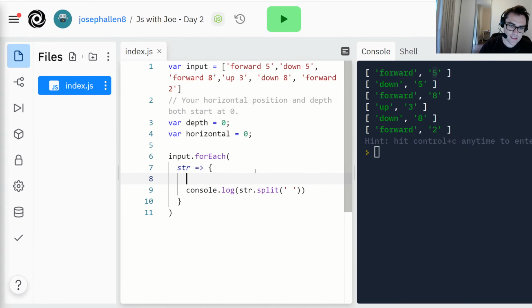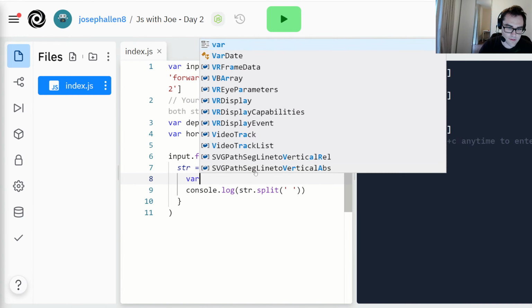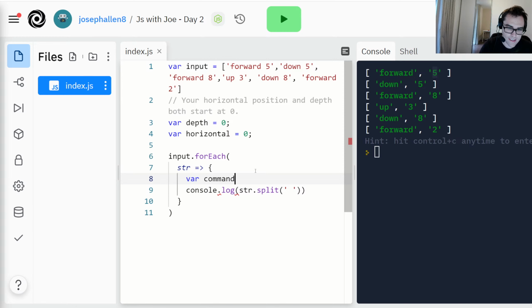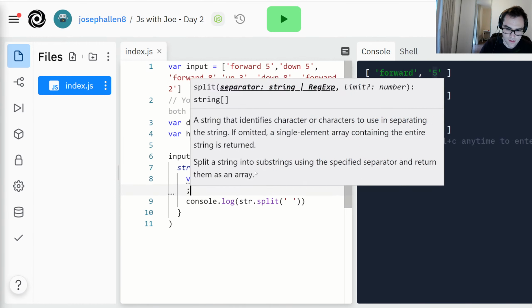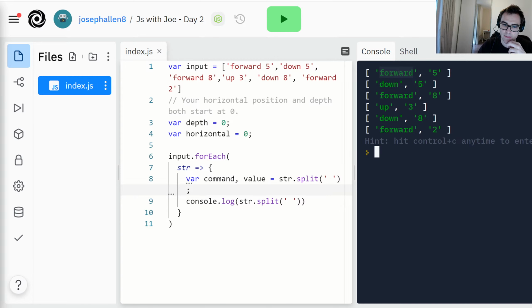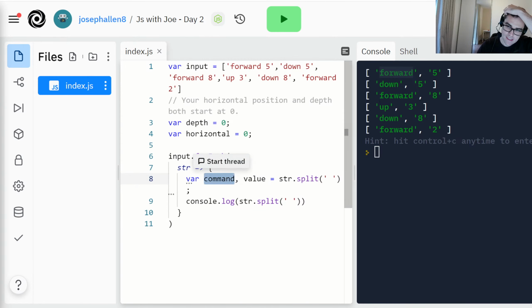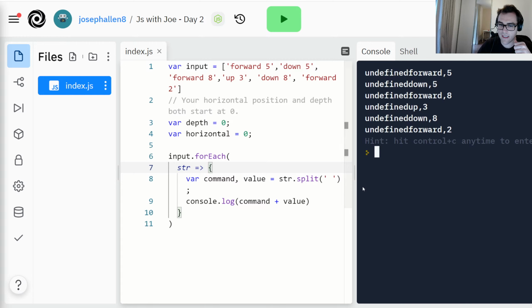We should probably store that, so we can create new variables, like var command, value equals string.split. So this will take the first item in that list and assign it to our variable command, and the second item in our list and assign it to the value. Not a great name either, but that should be okay. And then again, I can now log out command plus value, and this will just concatenate them immediately. So we'll just get